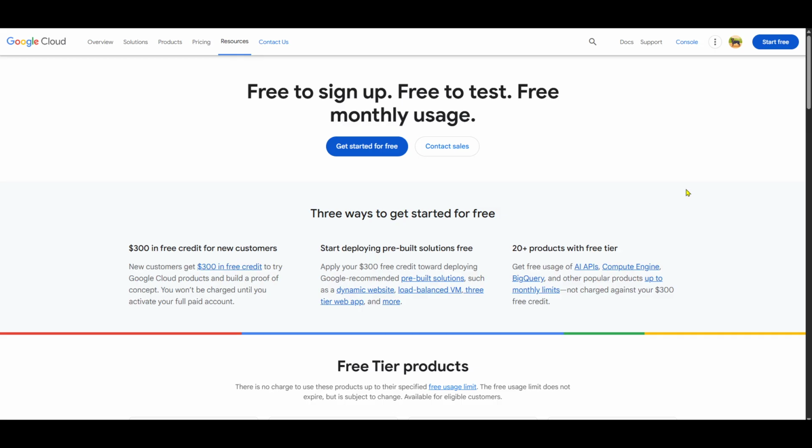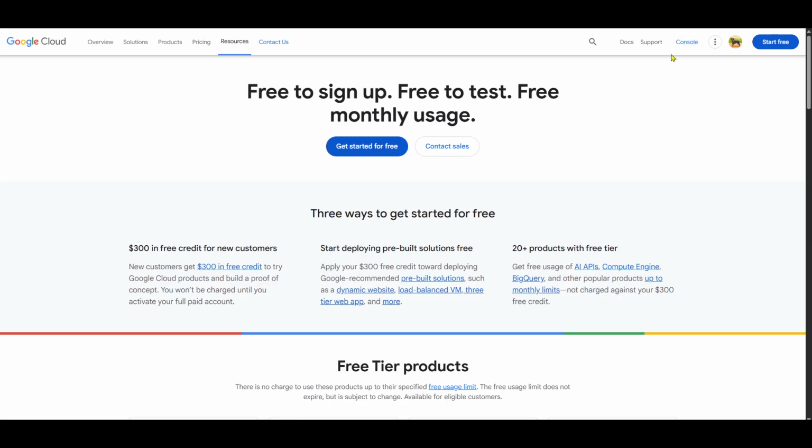seamlessly. First, let's head over to the Google Cloud Console. This is the central hub where you'll manage your Google Cloud projects, APIs, and other resources. If you haven't visited this platform before, simply go to your browser and search for Google Cloud Console. Once you're there, you'll need to log in with your Google account credentials if prompted. This is the gateway to accessing a variety of Google's cloud-based services.